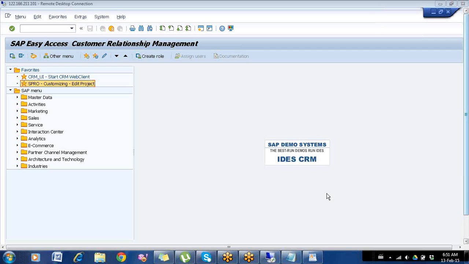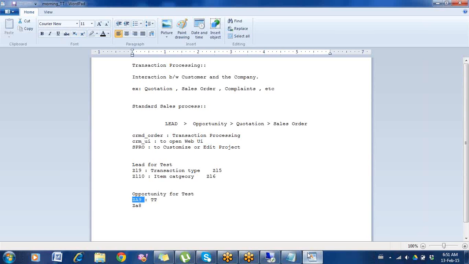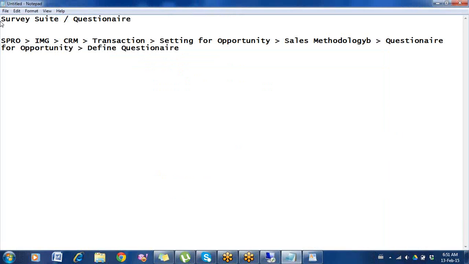We are doing questionnaire. Survey suite or questionnaire: if you want to configure any questionnaire for the business transaction, how to configure it. So this is the path.